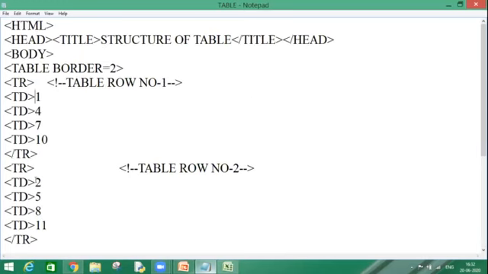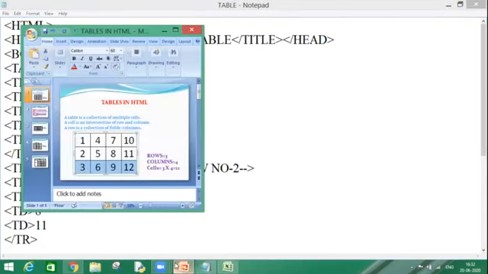As you can see, we have entered the data horizontally. I cannot enter the data as 1, 2, 3 vertically. Please keep in mind, vertical data is not at all possible in HTML. We can only enter the data horizontally.